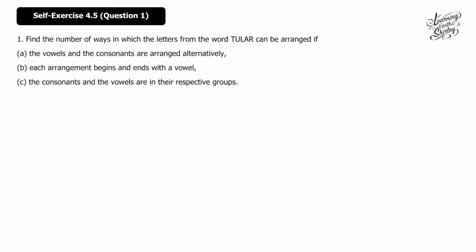So first of all, we see how many letters are there in tular. So 1, 2, 3, 4, 5. So there are 5 letters, which means 5 spaces. Okay, so see tular. So here we have 3 consonants, 1, 2, 3. So we have 3 consonants and 2 vowels. Okay, so in the next one, we're going to draw 5 spaces, 1, 2, 3, 4, 5, because tular has